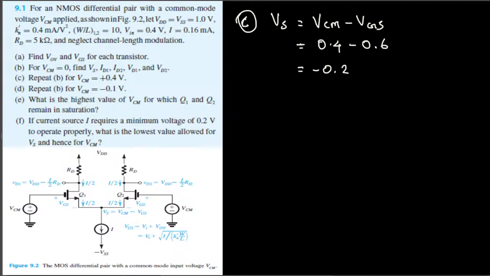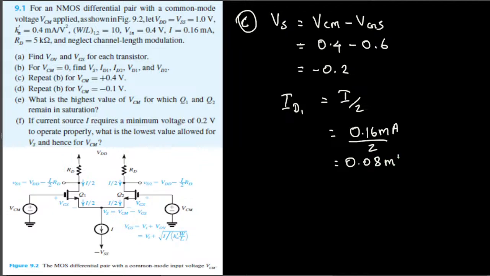The next one we are asked to find is ID1, the drain current through the first transistor. ID1 is basically the current passing through this, and they already express the current as I divided by 2, and I is provided in the question, that is 0.16. So we can say ID1 is equal to I divided by 2. Therefore I is 0.16 milliampere divided by 2,